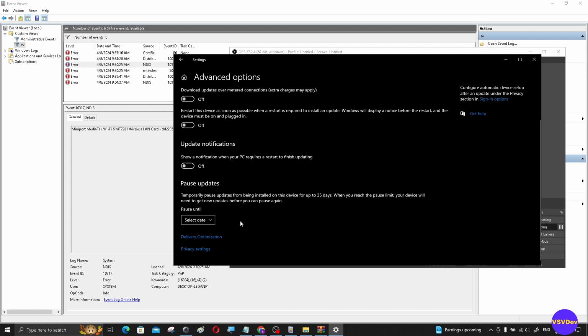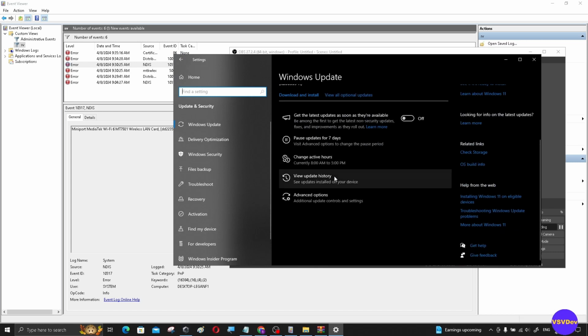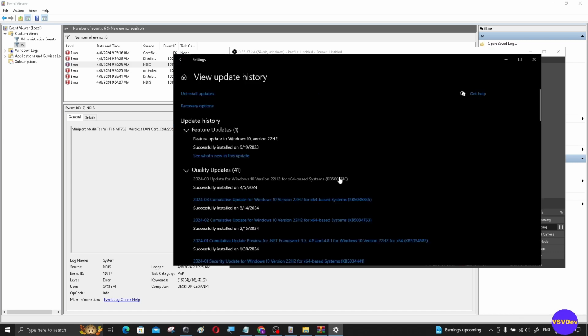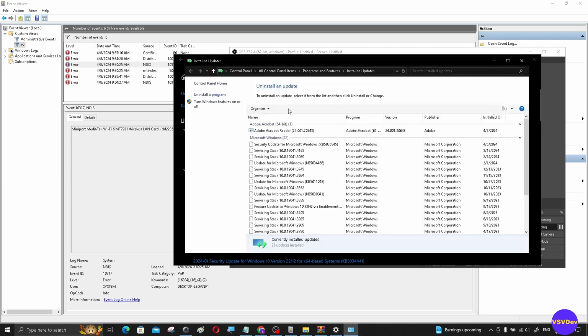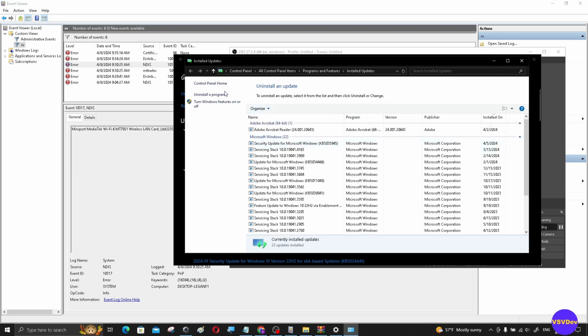And we can have notification, updates, products, restarts, and etc. So let's see history, and we can see here our update history. We can uninstall updates and install updates, which navigates us to control panel, updates installed, and we can see